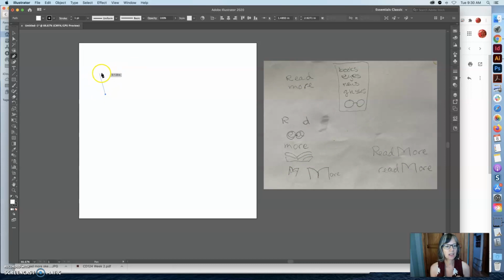And this line is not actually a line. It sort of looks like a line, but it's not. What I'm going to do is put another point here. And then if I pull, I'm getting this curve, and then I have these two handles. So the two handles have the dark dots on either side, and the line actually has the white on either side. And then when I let it go, you'll notice that